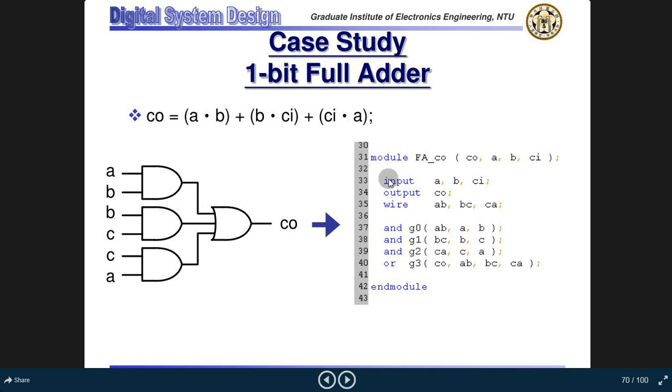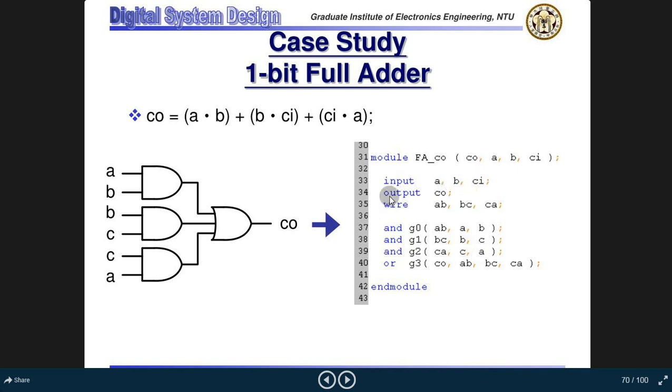Okay, so after we create the architecture, we will explain the module functions. This is the module fx slash C0, for input A comma B comma Ci, and for output C0, where AB, BC and CA. This is G0, AB, A and B, and G1, BC, B and C. For gate 2 we get these outputs.